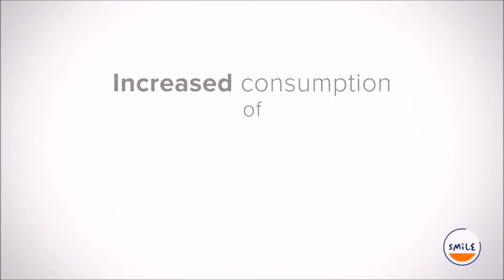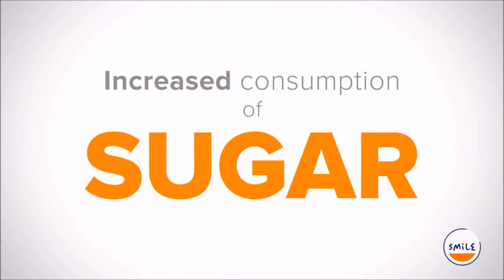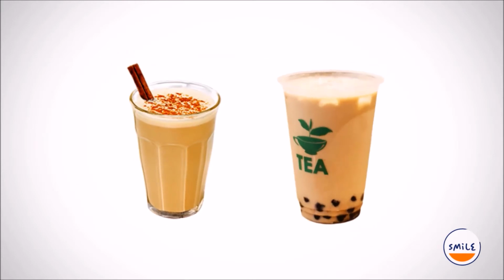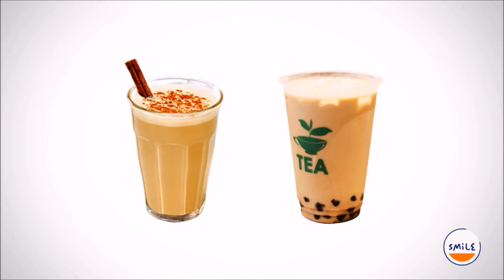Increased consumption of sugar is also a growing problem in Asia. In addition to Western drinks such as fizzy drinks, there are also a variety of Asian teas such as chai with milk and sugar or bubble tea that pack many calories and grams of sugar in small serving sizes. This is a change from traditional Asian diets, which did not contain heavily sweetened drinks and emphasized natural flavors from